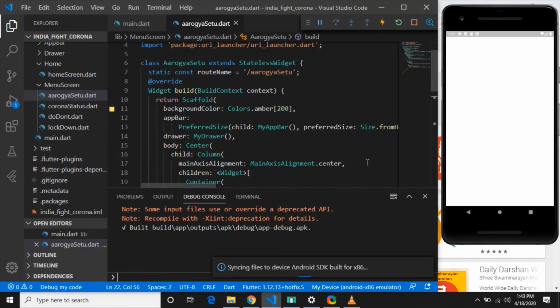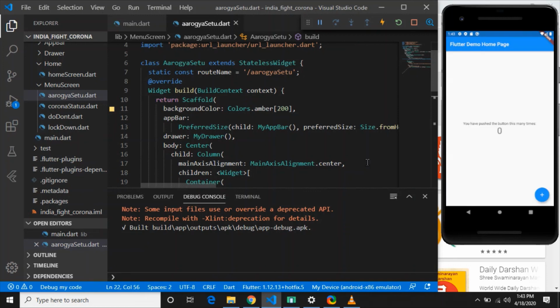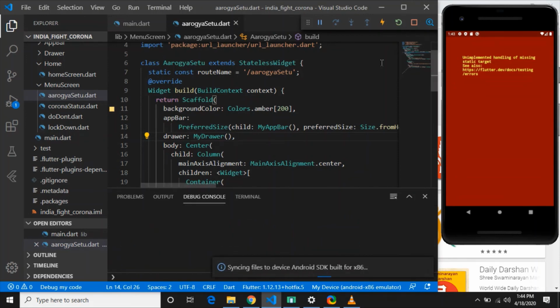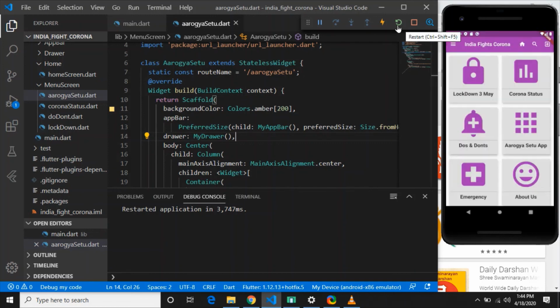Now this is a problem. If you are getting the same older output, just click anywhere and press Control S, and if you are getting this error, then restart your app. I don't know why this is happening. It should not happen because on my Pixel device it's running flawlessly. So if you restart your application, you will get the original layout which we are developing. So it may happen. Now we will click on Arogya Setu app, and if you click on download Arogya Setu app, now it will redirect you to the Play Store.